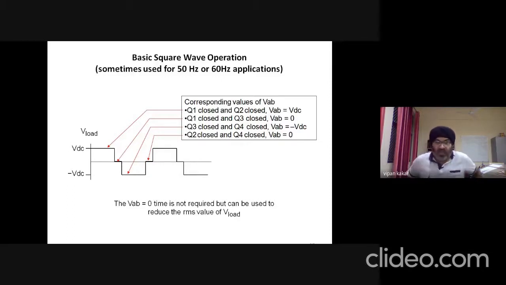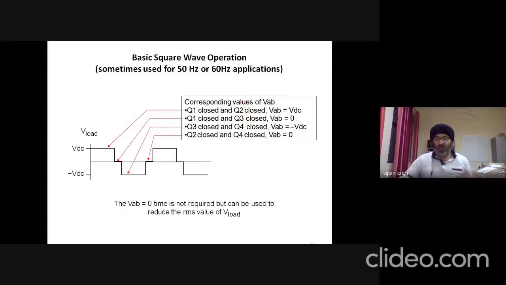So normally we can see that the switching on of Q1 and Q3 is not required. It's just a wastage because at the output we are not getting anything. But we can use this mode when Q1 and Q3 are switched on, just to vary the RMS voltage. So if we want to increase RMS voltage, we do away with this, means we don't use this switching on of Q1 and Q3. We should not use this.